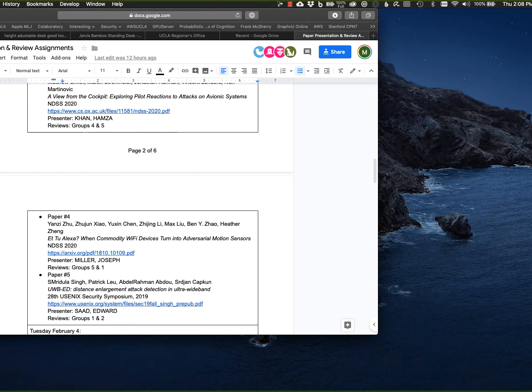Hopefully by this weekend I'll have all the other papers also populated. This first batch relates to material that we covered in the first couple of weeks, so more about what the attacks are, what the weaknesses are, those kinds of things. The other thing is, as you prepare the presentation, it's perfectly fine if you want to reach out to the authors and see if they have slides for you to use. You can incorporate that material. Some of the papers are from upcoming conferences, so you may not have slides available from the authors, but you can try.